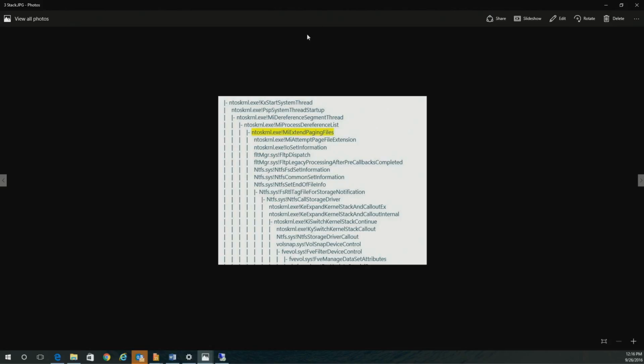This is causing NTFS to convoy and hold up all of the I/O for all of the rest of the applications, even on other drives. Well, that's very interesting. Why is it doing that? And why is it even growing the page file? I have another screenshot that will show us what the configuration is on this particular machine.